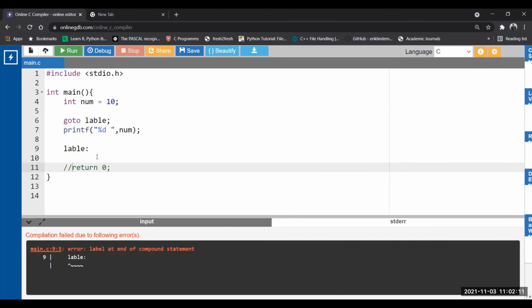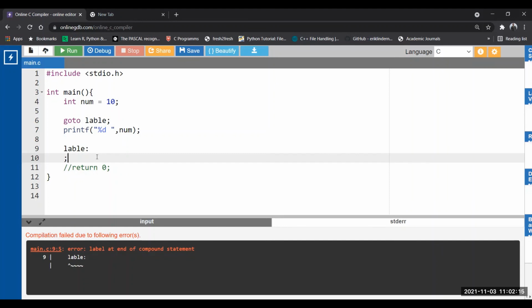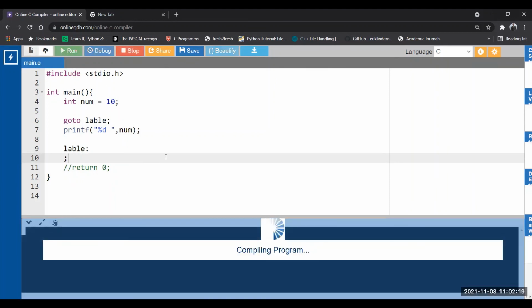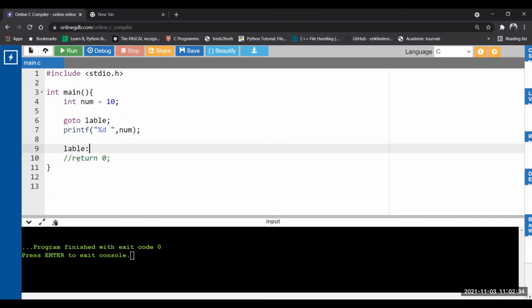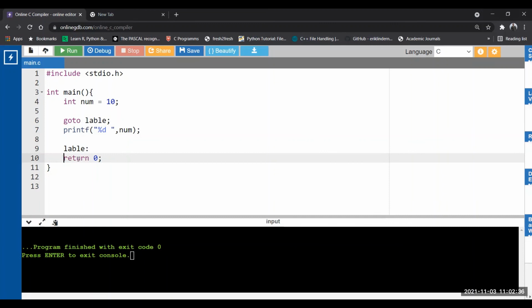If you do not have any statement as of now, you can put a semicolon. Only a single semicolon can be used. It is considered a null statement. See, no error. If there is nothing to execute after the label, no problem. Put a semicolon. If you have something to write after the label, write it. If not, then don't worry, just put a semicolon. Even if there is a return statement, it will also be okay. Now I am just uncommenting the return statement. It is a statement, correct? That's why the semicolon is there, return 0 semicolon. Now run, there is no problem.